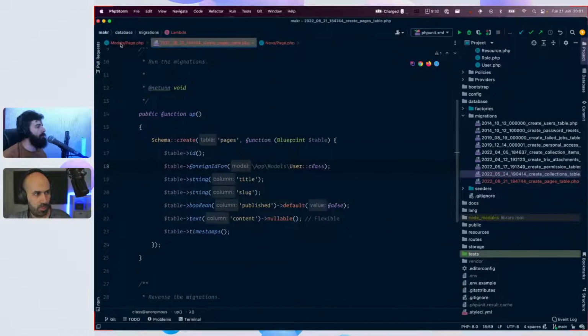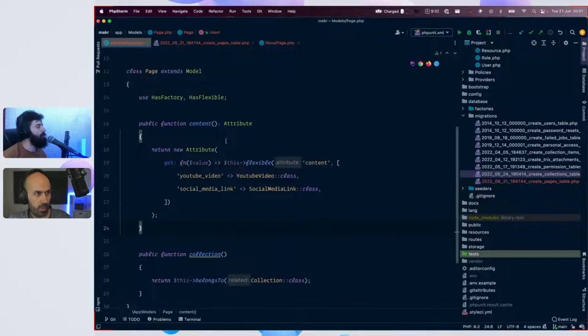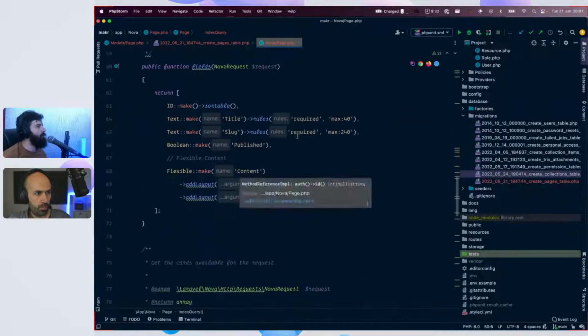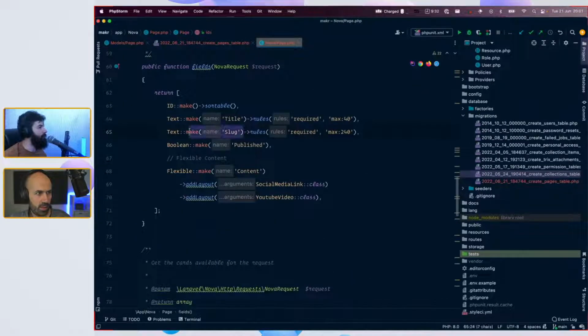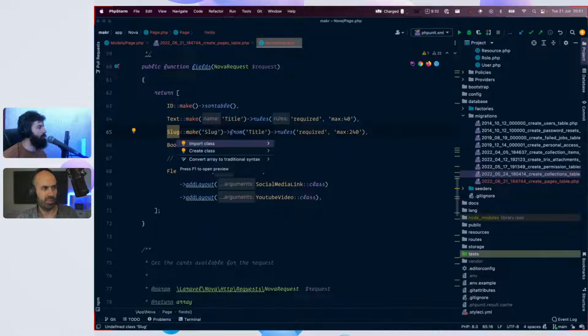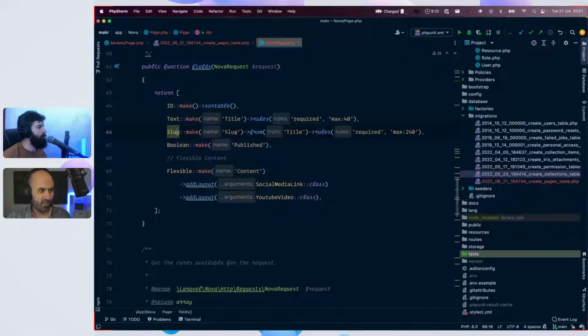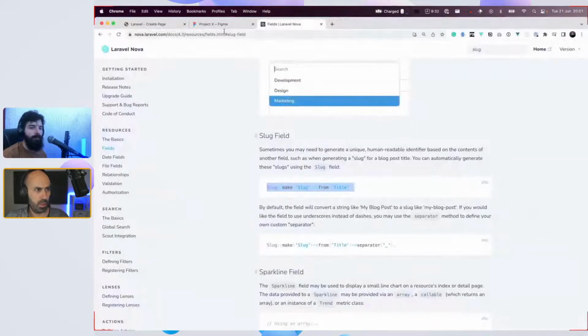So, on the Nova page, yes. Exactly. It's exactly this without removing. Right? Yeah. Got it. Make a slug from that field. That's a nice one. It means that it will not display, right?